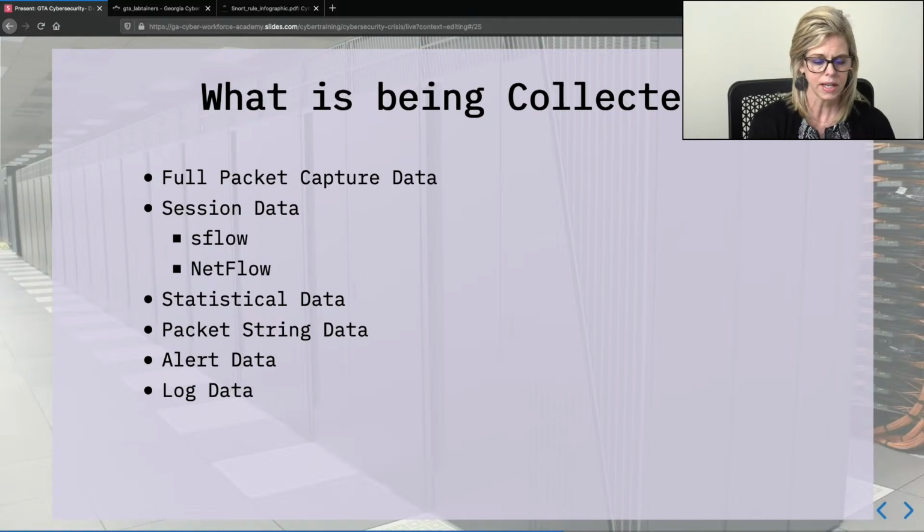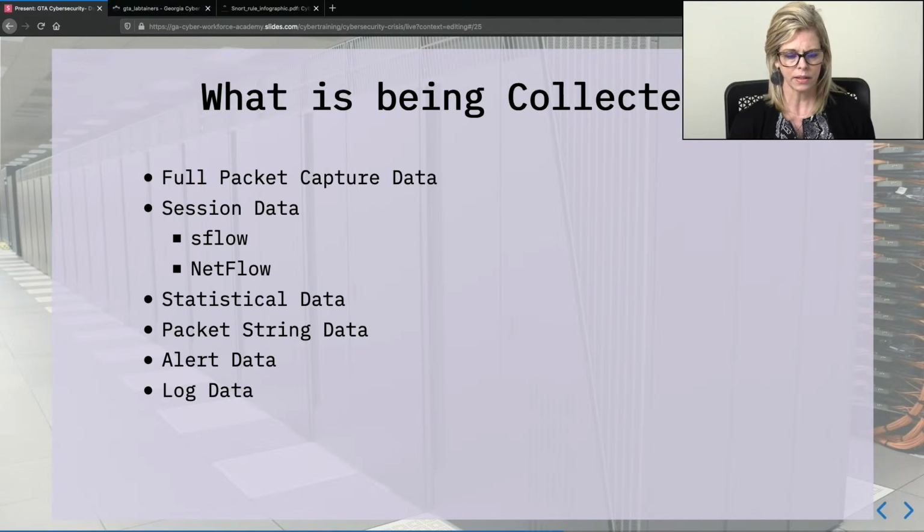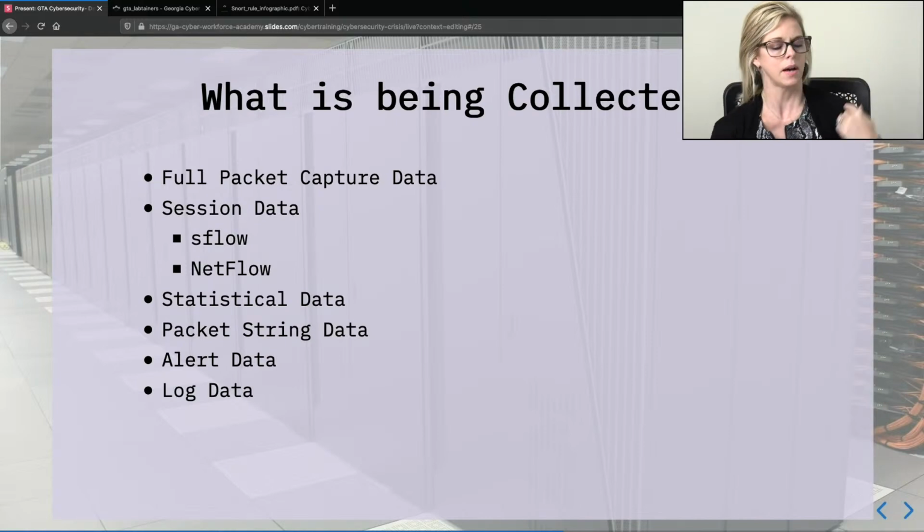So the next type of data is what we call session data, and I like to compare this to a phone bill. When you get your phone bill, and I don't know if anybody actually looks at their phone bill anymore, what's included on that phone bill is a list of the calls that were made and perhaps the time and the length associated with those calls. It's going to have your usage information concerning what number was called and the length and time of that call. Well, the session data